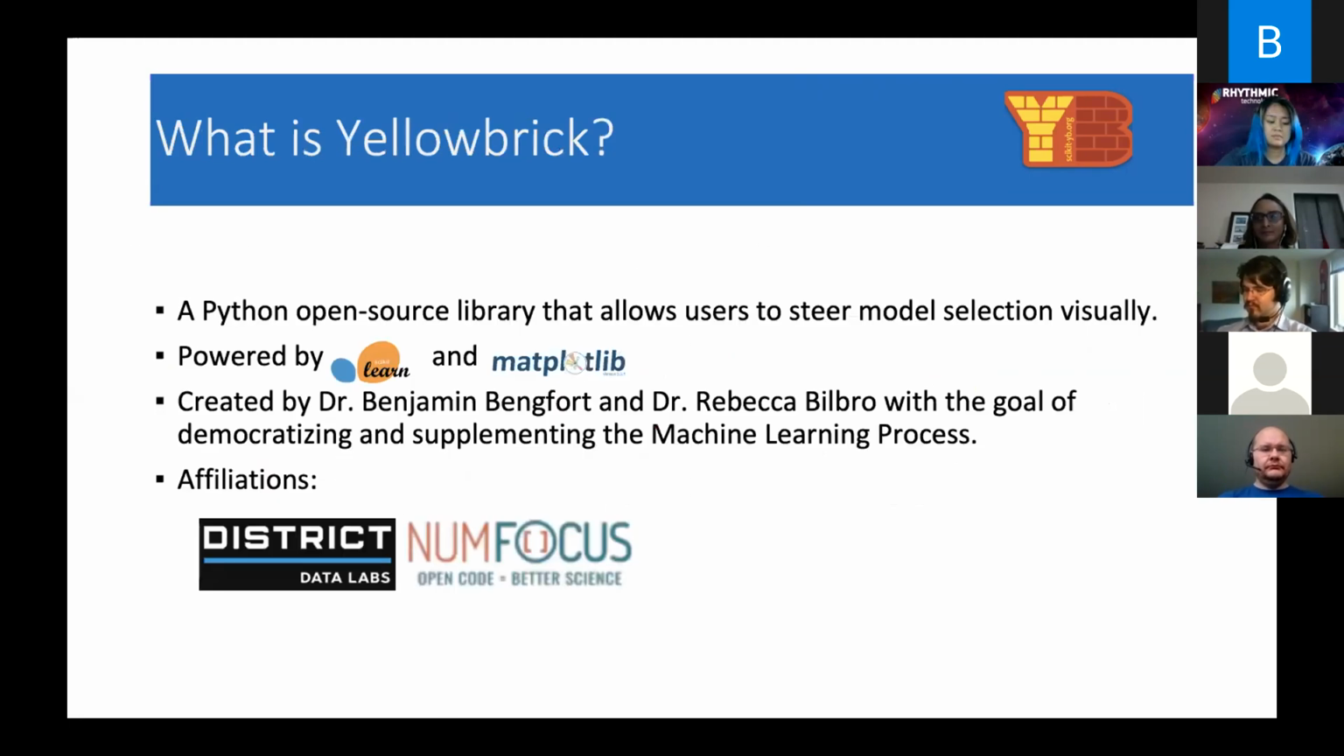So what is Yellowbrick? Yellowbrick is a Python open source library that allows users like you to steer the model selection process. It's powered by Scikit-Learn and Matplotlib. It was created by Dr. Benjamin Bengfort and Dr. Rebecca Bilbro, who are both key faculty at the Georgetown Data Science Certificate program at SCS. And so they came together to create this Python library,